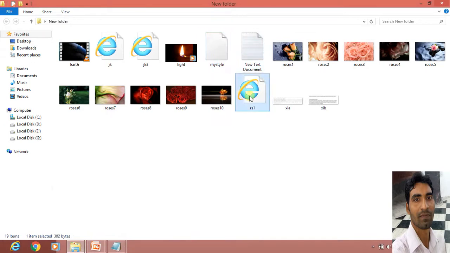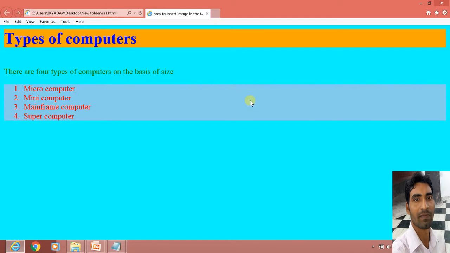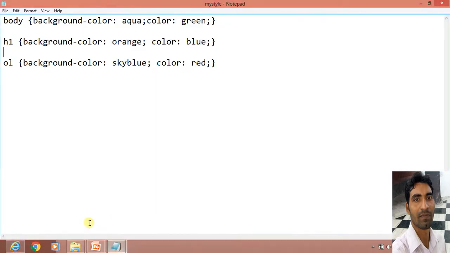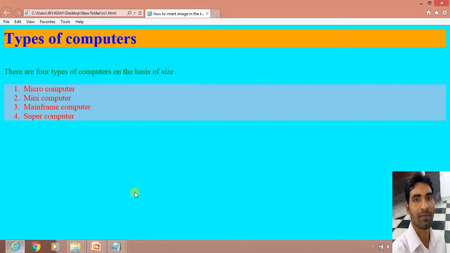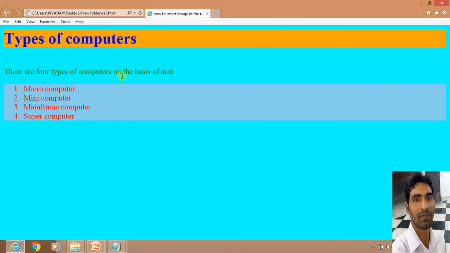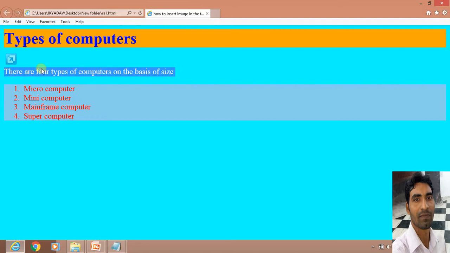Okay, now if we execute our file, you can see the previous one will be formatted. See here, as we had given, see here what property, what values, what styles we have given in CSS. The same thing has been applied. Like in body, that will apply the background color on the whole page with aqua color. You can see the output, in the whole page aqua color is there. Then the color, that is text color, in the whole page the text color will be green. So in the whole page the text which is not formatted separately is green.